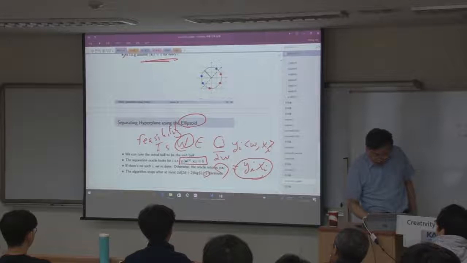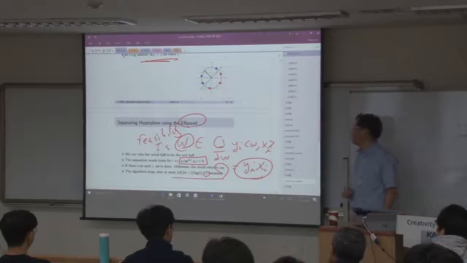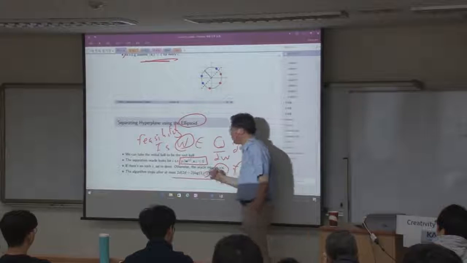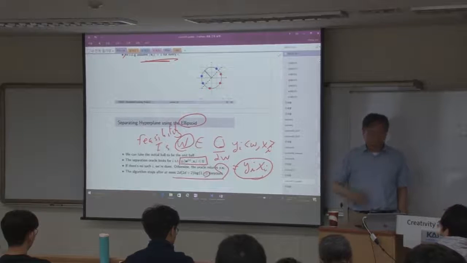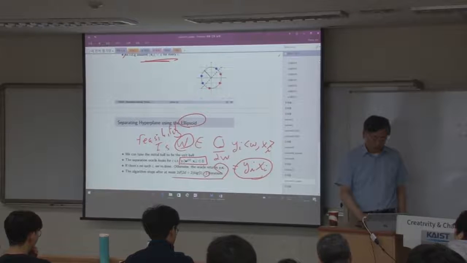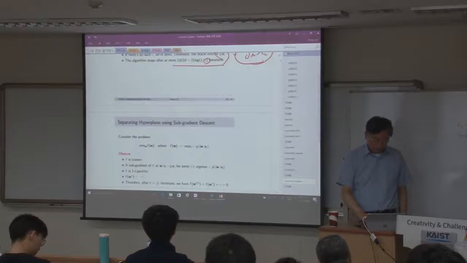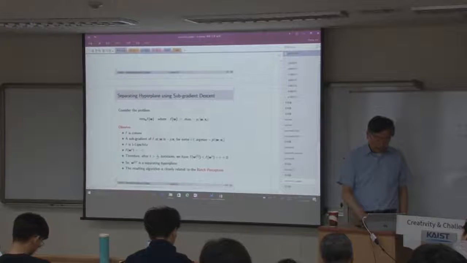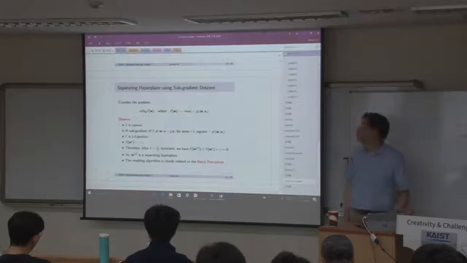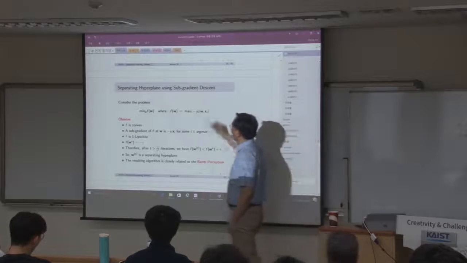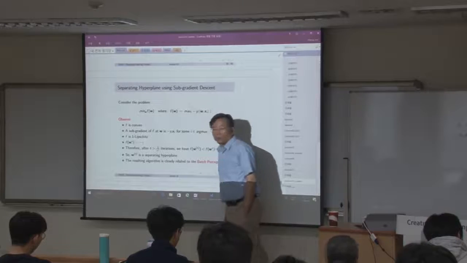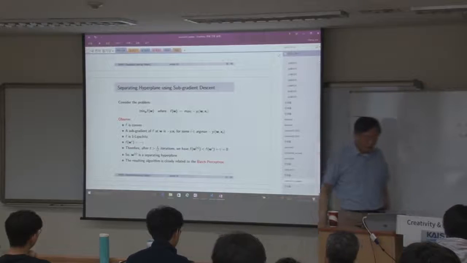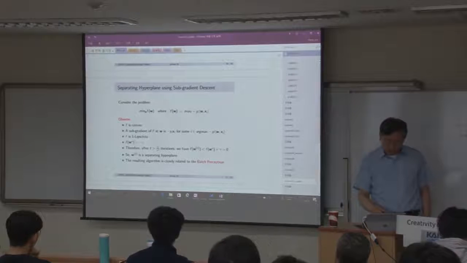And it takes this many iterations to separate blue and red. And using the subgradient, where I have done this,